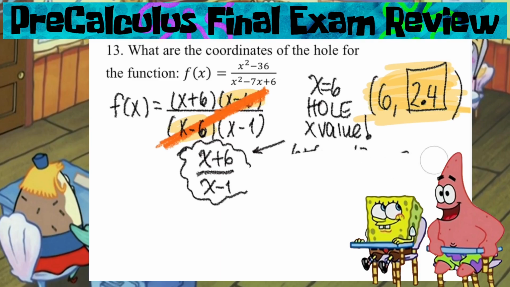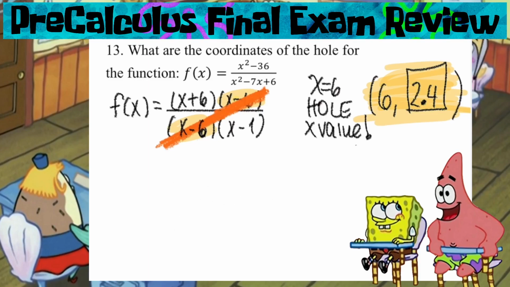Think about what I just did. I just kind of talked you through it. Listen to it again if you're curious. If you want the entire graph, again, this is equal to x plus 6 over x minus 1. So my graph,